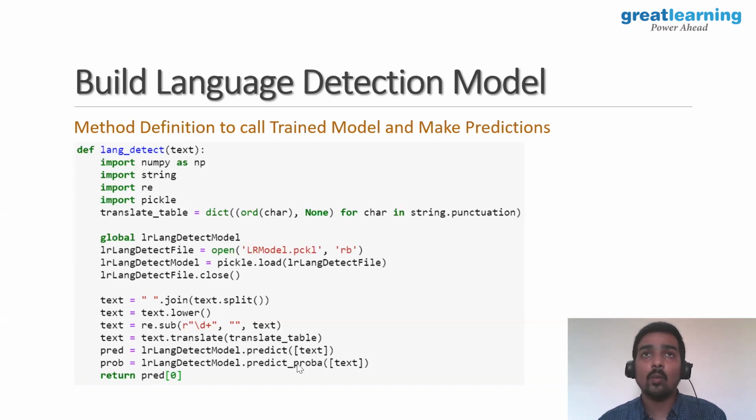What about predict probability? It gives you the probability of being one language or another. It will give you a vector where the probability of it being English may be 0.70, which means 70% probable, and the other labels will constitute probabilities such as 0.03 or 0.29, making up the remaining probability. When you sum all these probabilities, it will be 1. This is how your predict function works.